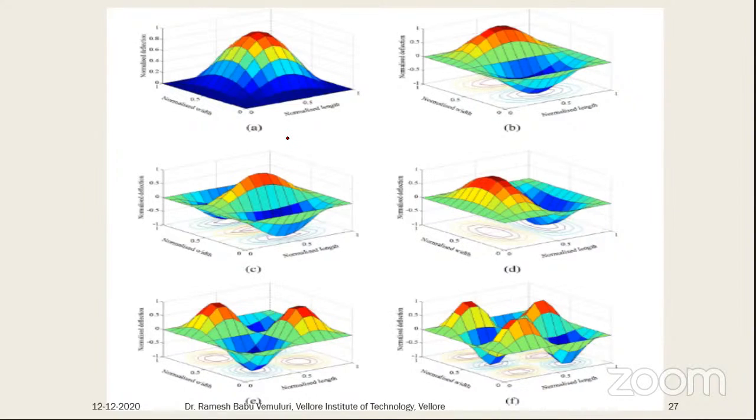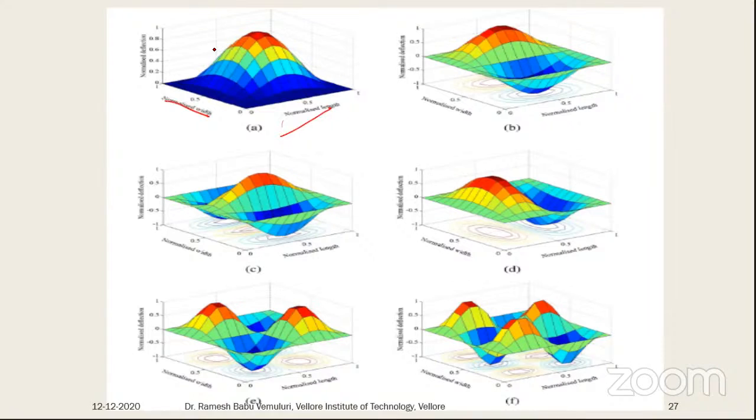And this is called the 1 comma 1. Normally this side is a 1, 2 comma 1, and there is a 3 comma 1 and 1 comma 2 and 2 comma 2, and it is called the 3 comma 3. So 1 comma 1 means only one mode shape is there for both directions. This is y and this is x. For both the directions only one mode is there.